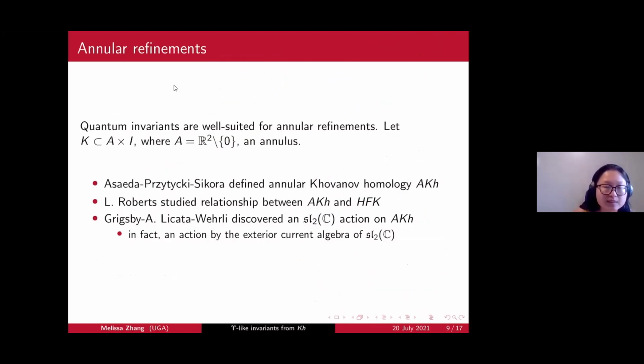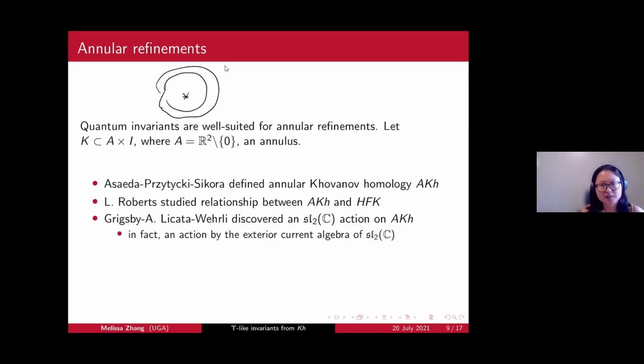So now let me talk about the annular refinements. And by annular, I just mean if you have a knot drawn somewhere, draw it on an annulus instead. So that just means there's something that you shouldn't cross, and then you draw your knot there. Obviously, one good example would be braid closures, and we're going to study them using these invariants. But let's just start with why we even think about annular refinements. Well,